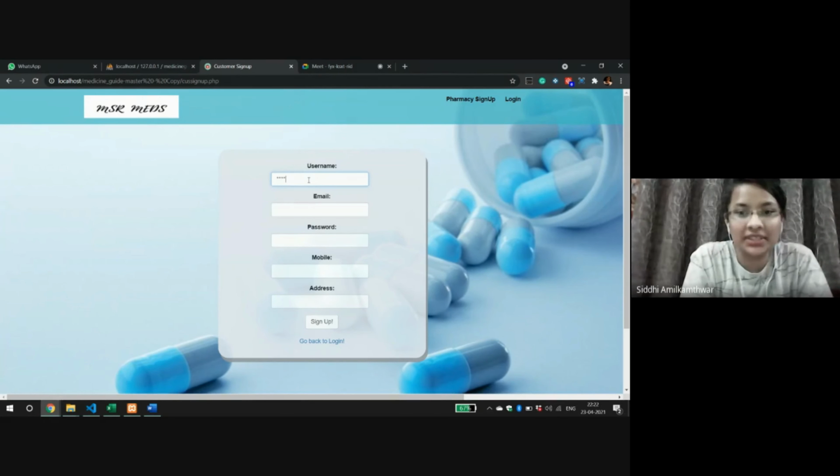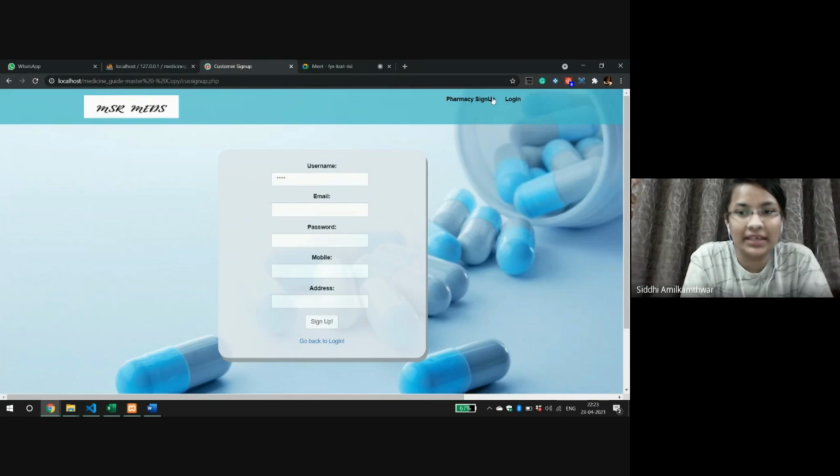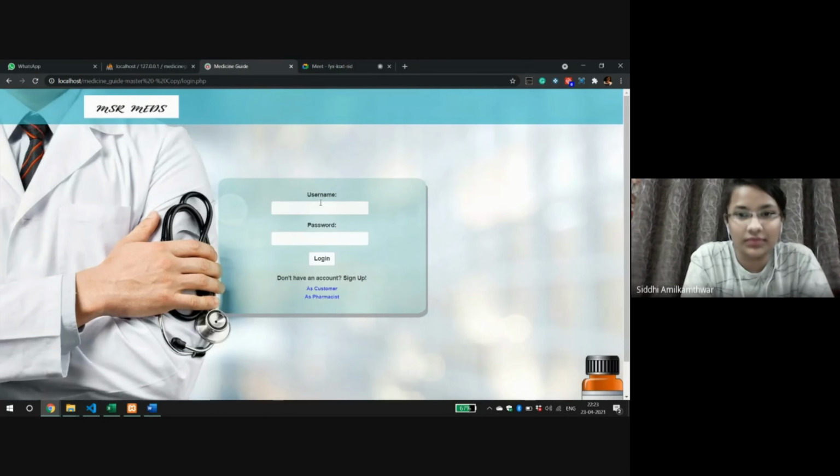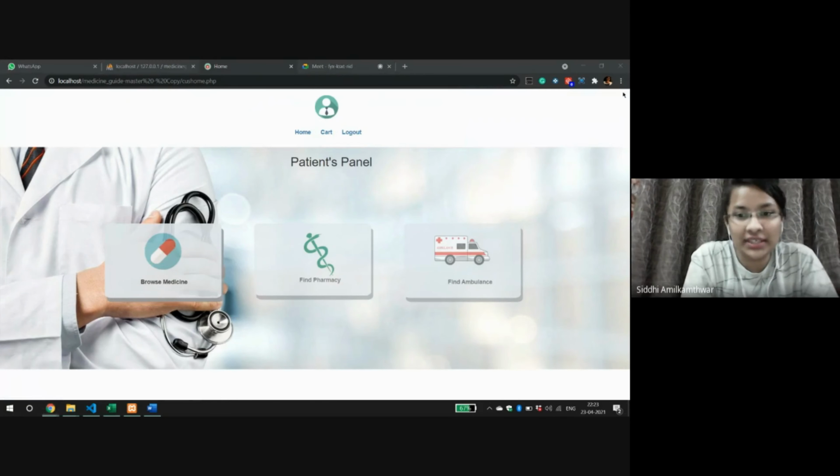Once the customer is signed up, they can log in using their email ID and password, and take advantage of various interesting features of this website and can be greatly benefited. Those features include ordering verified quality medicines and getting them delivered at their doorsteps as soon as possible. Then search for ambulance and search for nearest pharmacies.